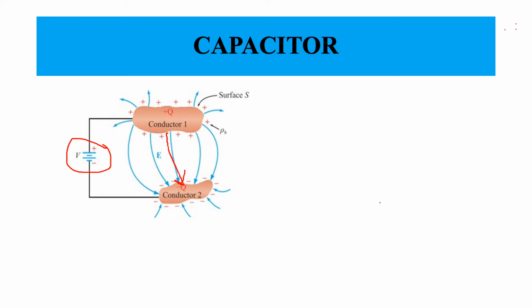So C is equal to charge divided by the potential difference that exists between the two conductors. If you are considering a battery and applying a voltage of V, how much charge gets stored for every volt that you apply defines the capacitance, and capacitance is measured in Farads. Okay, now the definition of capacitance we have seen. C is equal to Q by V, and the amount of charge that gets stored on a given conductor for a given